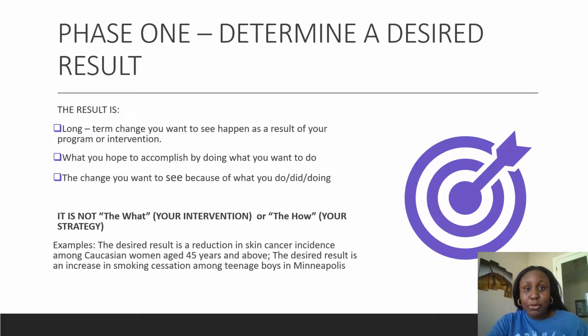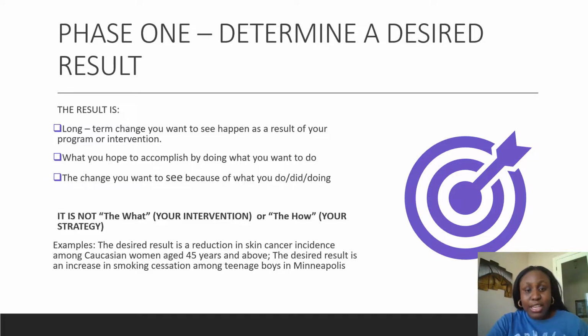This is an example you can use to compare with yours. This is an example for skin cancer, assuming the issue is skin cancer. The desired result is a reduction in skin cancer incidence among Caucasian women aged 45 years and above. That's one example. Another example could be: the desired result is an increase in smoking cessation among teenage boys in Minneapolis. Note the language: